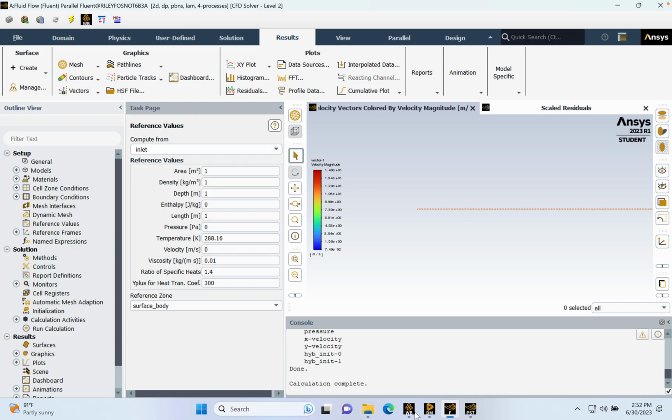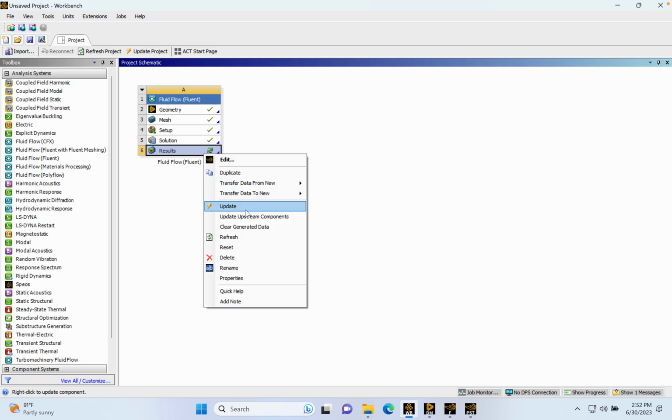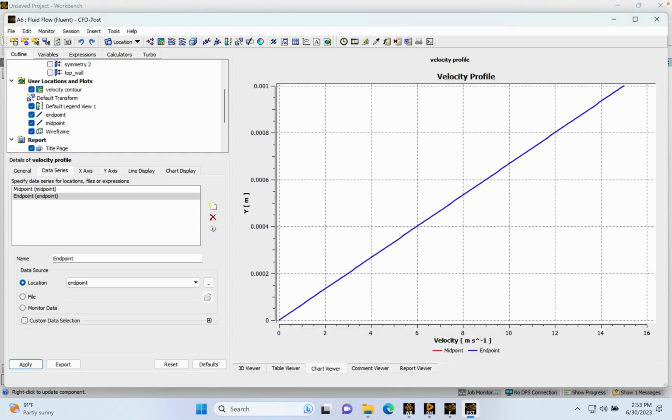So again, we can go back to our workbench and update our results. And what this is going to do is put in our information, all those changes we just made. That's going to update that on the post-result side of things. So that's all done. You can head into post, and you can see it already updated our chart here. And we have nice clear